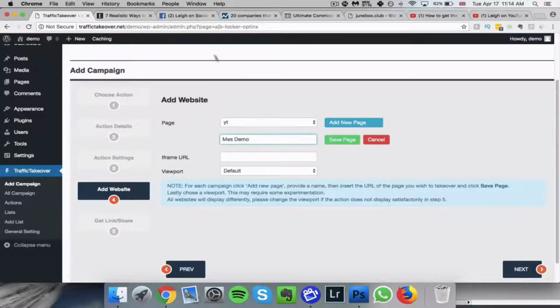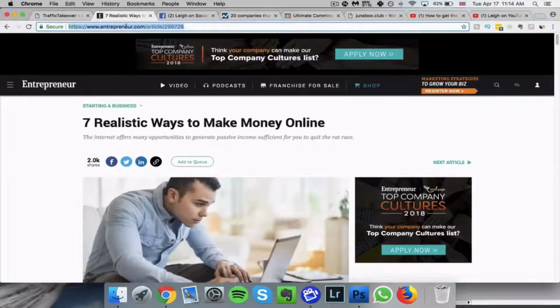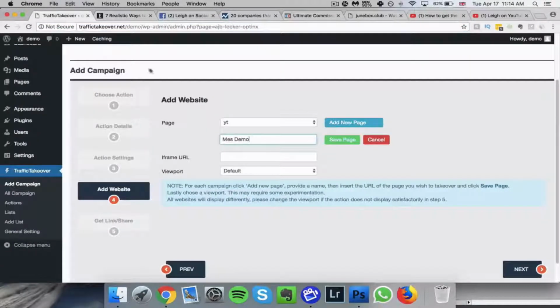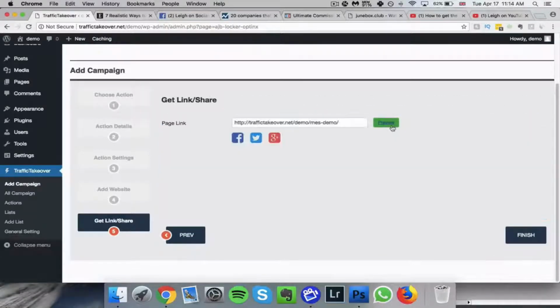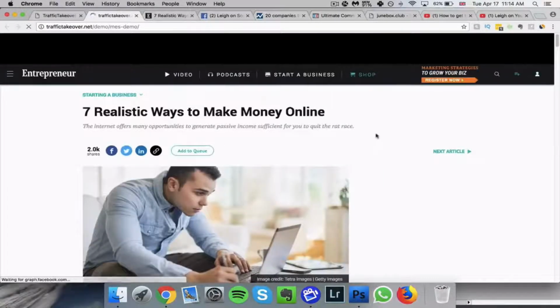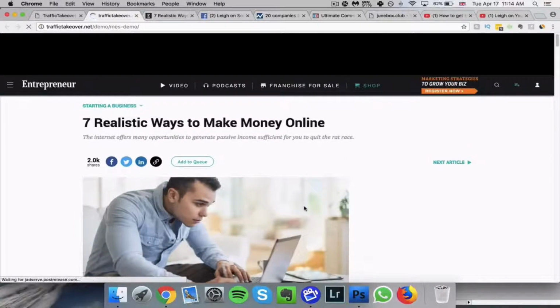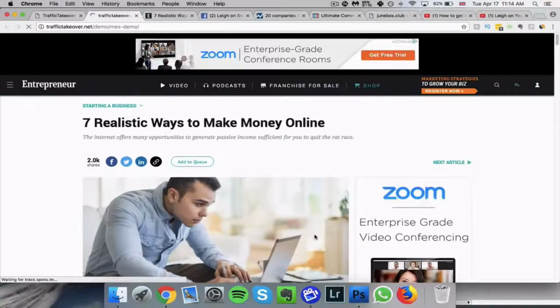Here we're going to choose the page that we want it to go over. So I'm just going to choose this article here. I'm going to paste that in there. I'm going to choose viewport, going to save it and click next. And we're going to click preview, and we're going to be able to see the page, the article load, and then we're going to see our Facebook Messenger pop up in the right hand side once the page is fully